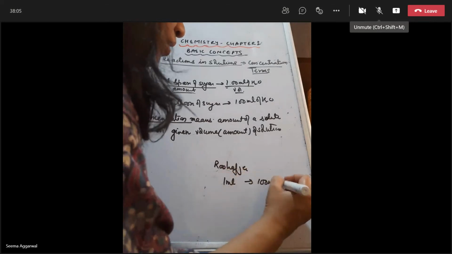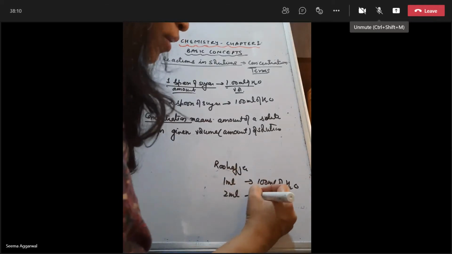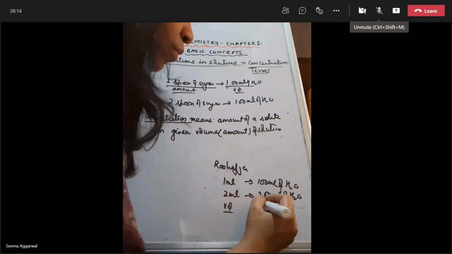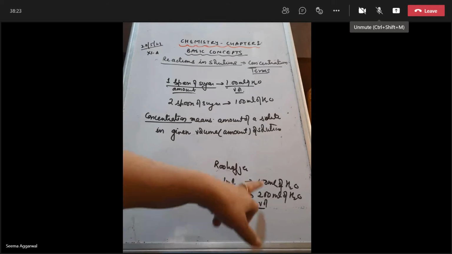In the second case, I am taking 2 ml of रूअफ़ज़ा and I am adding it in 200 ml of water. So इस केस में मैंने दोनों का क्या लिया? वॉल्यूम. So is the concentration in both cases same or different? Same. Here I am saying, इसको मैंने double कर दिया. I am taking it double. So it means that concentration means amount. Now amount can be in the mass, amount can be in the moles, it can be in the volume, amount can be in any of the units.